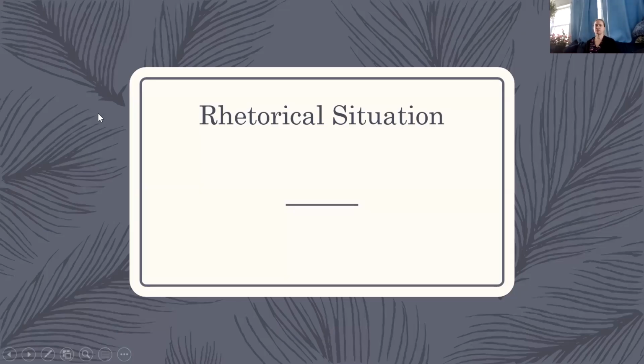So there's a couple of things to remember about rhetorical situation, and one of them is it's extremely important to understand the rhetorical situation of a piece you are examining or that you are looking at, just to be able to glean a better understanding of the piece. And the other reason to understand rhetorical situation is so that you can apply it in your own writing. So whether you're in one of my literature courses or one of my writing courses, this definitely applies to you, and this is something very important you should know.